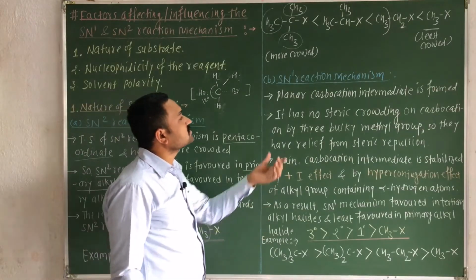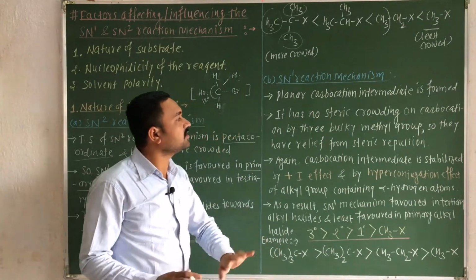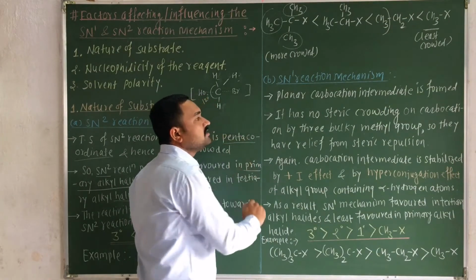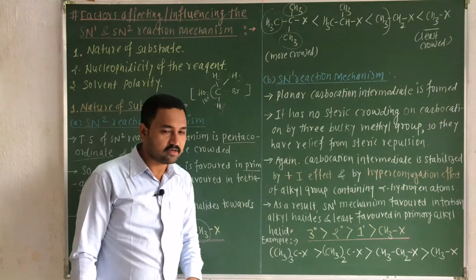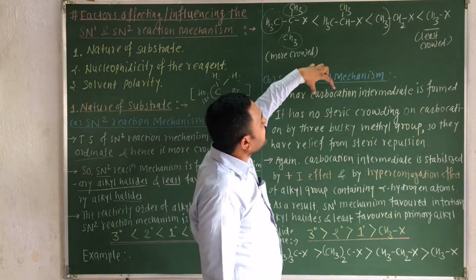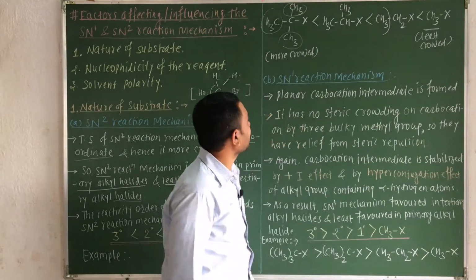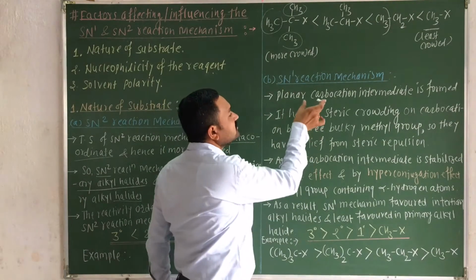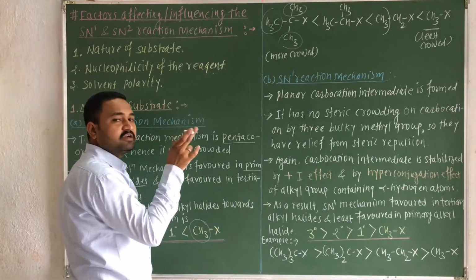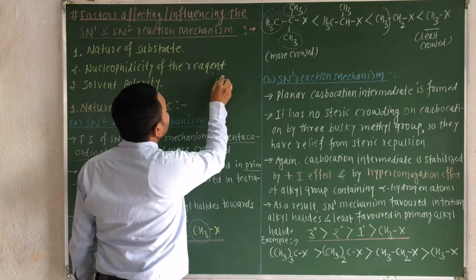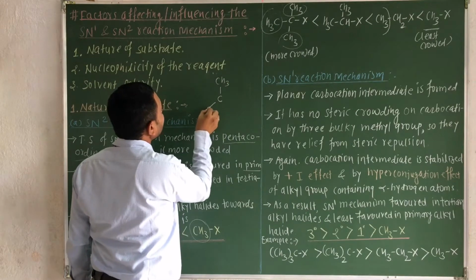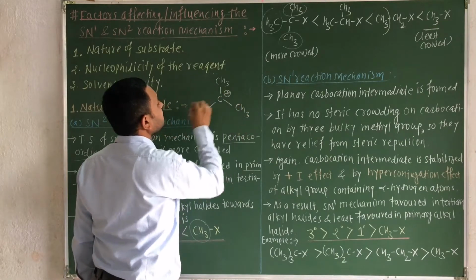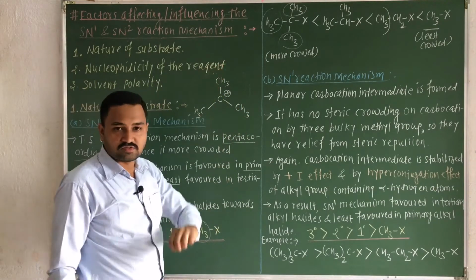Let us consider the SN1 reaction mechanism. Now here is exactly the opposite condition. Remember, whenever the SN1 reaction mechanism takes place, there is a formation of a planar carbocation intermediate, which we already studied in the last lecture. So now let us consider this planar carbocation intermediate: a CH3 group, then the carbon at the center, with another CH3 group and another CH3 group, the central carbon atom having the positive charge.